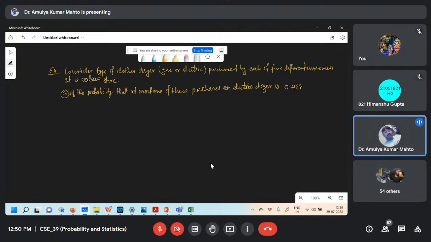At most one purchase means either nobody buys or one person buys an electric dryer. Then you need to find